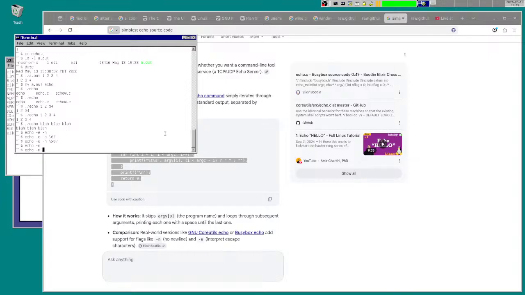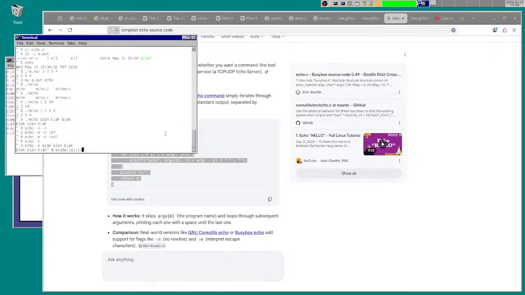So echo dash N blah blah blah. See how it didn't put a newline at the end? Now I'm right there, not on the next line. Without dash N, it's different. And dash E prints special characters.